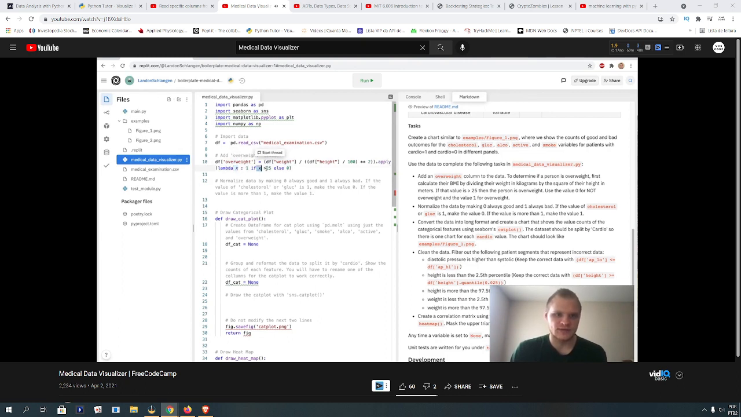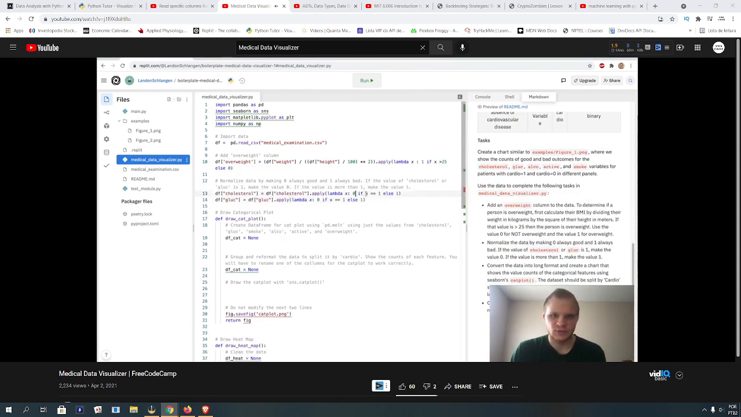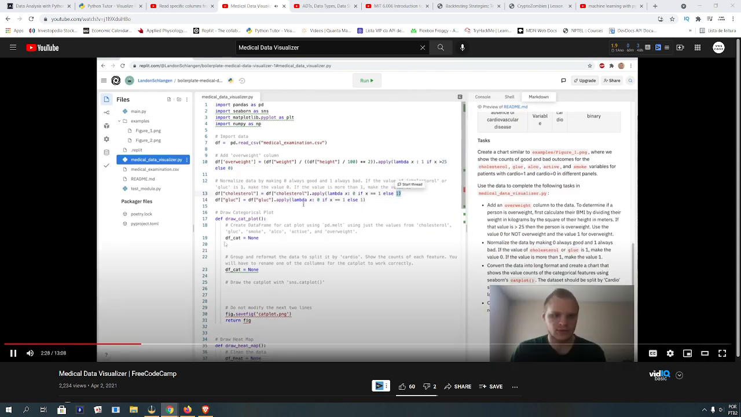And basically, if x is greater than 25, then we do a 1. Otherwise, we do a 0. And that's what this is wanting us to do. So that's great. Next thing we have to do is normalize data by making 0 always good and 1 always bad. And we have to do this for cholesterol and glucose. So we do kind of the same things for these two. We use these lambda functions. Cholesterol.apply 0 if x equals 1, otherwise 1. Glucose, if